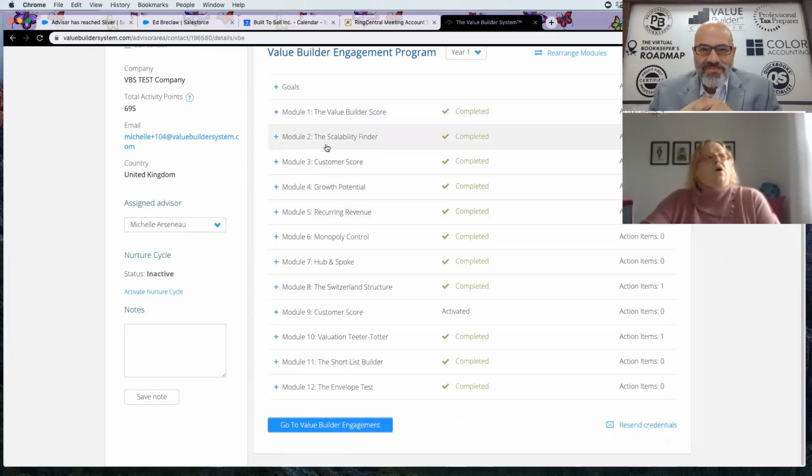Now these are all rearrangeable, so you don't necessarily have to do them in the order that we created them. Maybe it makes sense between you and the business owner that we need to rearrange them, and they want to get to their biggest challenges first, and we don't want it to seem like a cookie cutter tool for you. We want it to seem like it's customizable at least as much as possible, so you're able to rearrange those modules, and we have some tools built in that will help you with that as well,